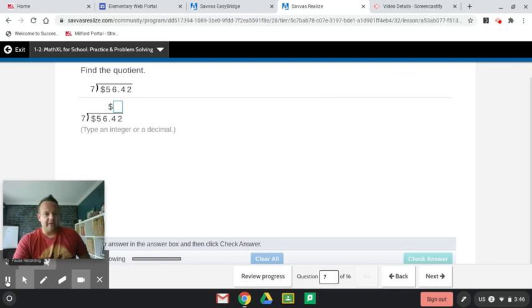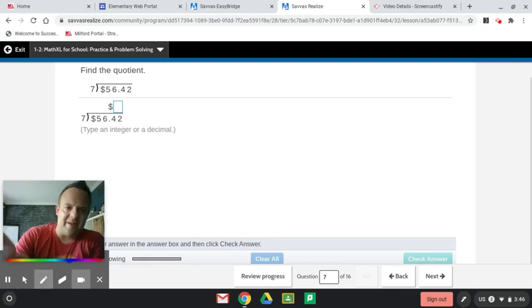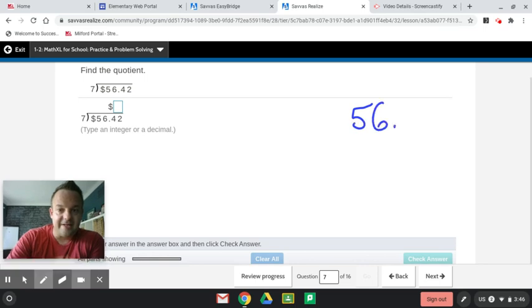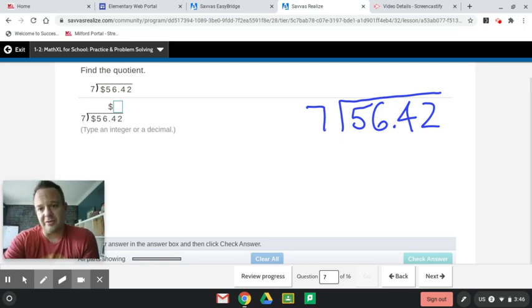So here we have $56.42 divided by 7. Maybe there's 7 people going out to eat. We've got to split it using Venmo, perhaps. $56.42. Whenever you think of decimals, I definitely think of money. Money's really important. Don't let anyone fool you. It's not everything, but